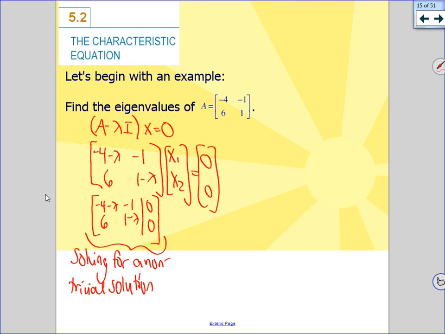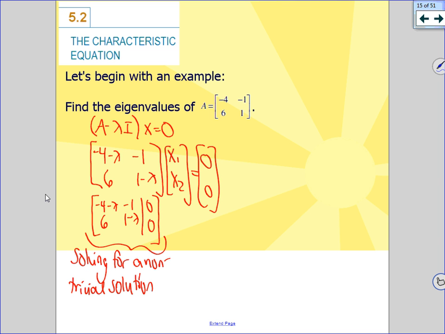So personally, I do not want to do row reductions with expressions with lambda. Because when you think of trying to cancel out the 6, you'd have to multiply the bottom row by -4 minus lambda, or scalar multiple of that, and then the top row by 6. And that's rough. All of a sudden you have all these things to keep track of. So what else could we think about in terms of solving this without doing elementary row operations that have lambda